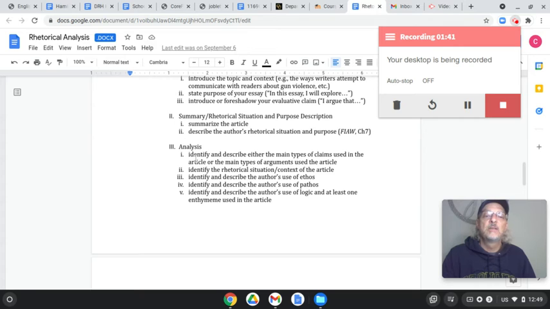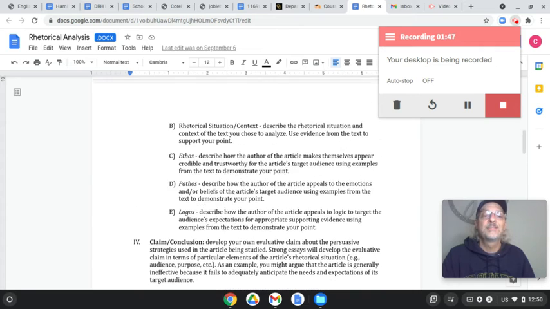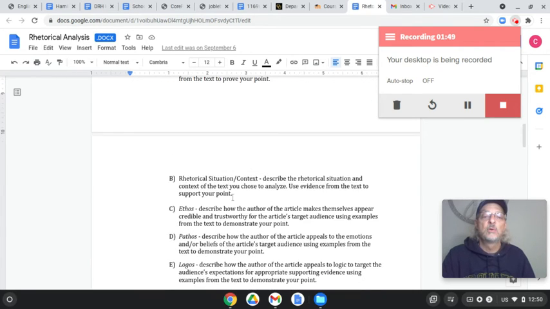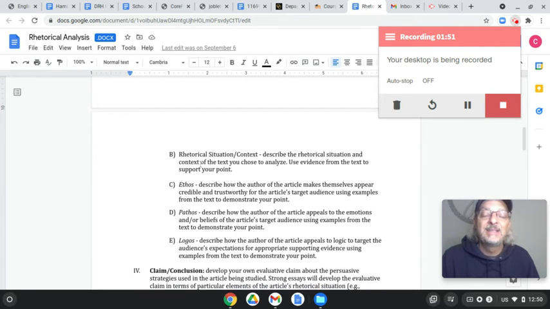Then when we get down here, now we're talking about the context of the article. So they're a little different in that sense, and I'm just pointing that out. So this is asking and answering the big question of why did the article need to be written? Right, it's responding to something.